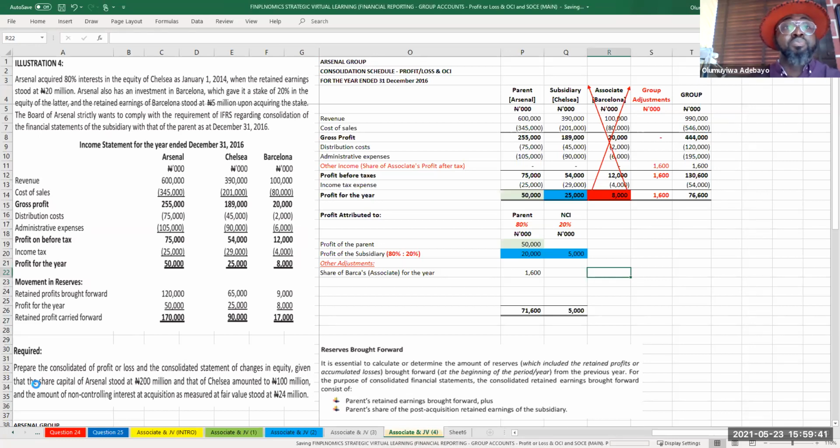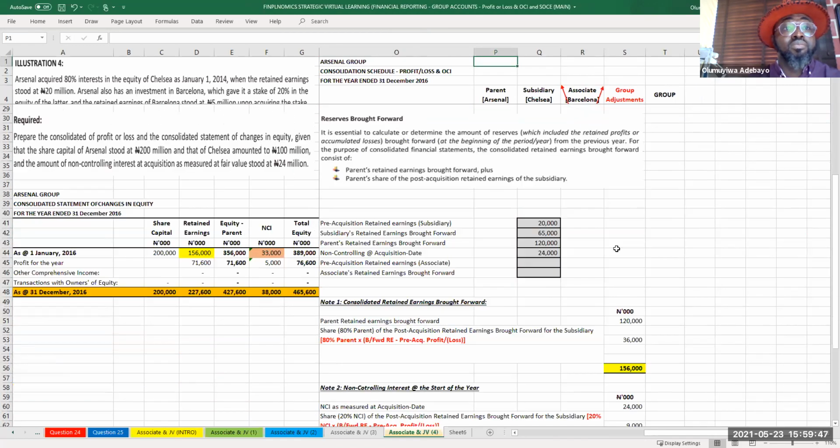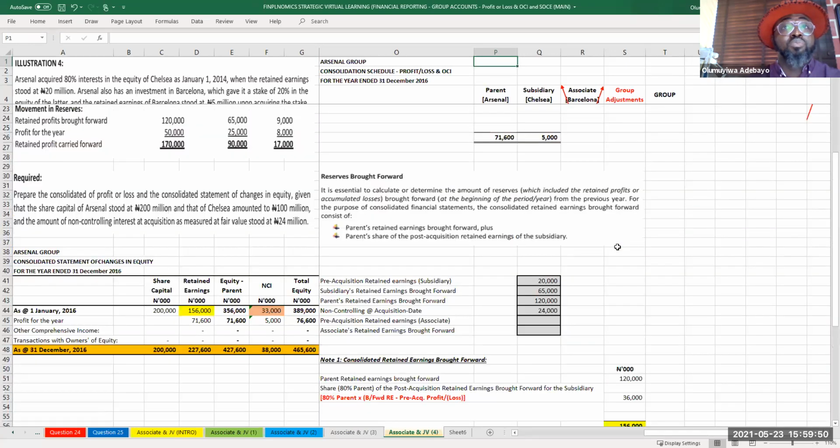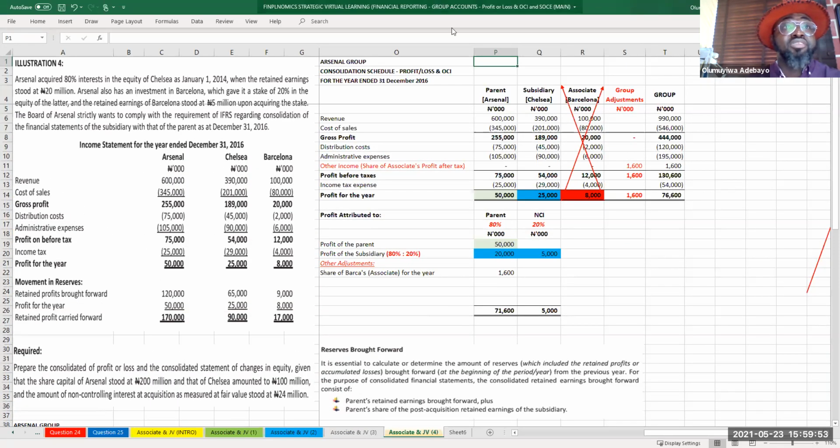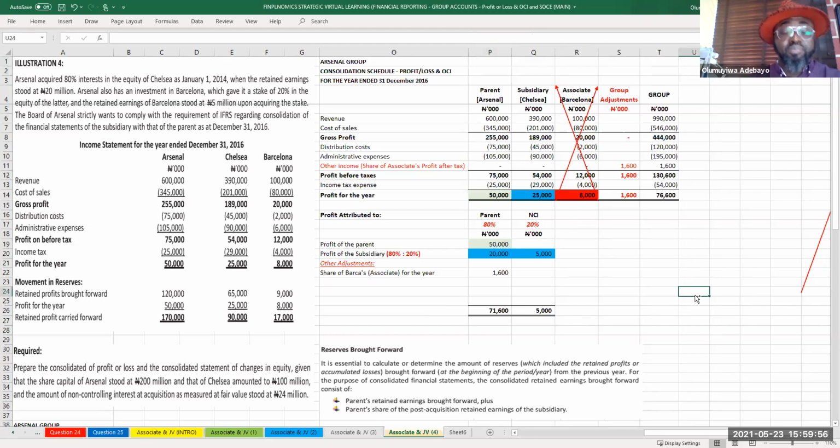That is that. Any questions so far before we proceed? Any questions so far? Anyone trying to contribute? Okay, in the absence of any question,